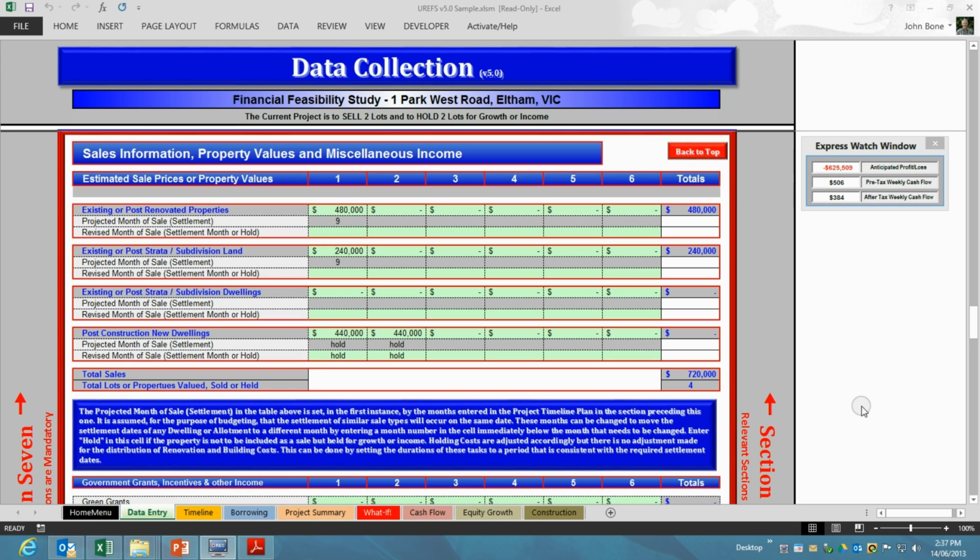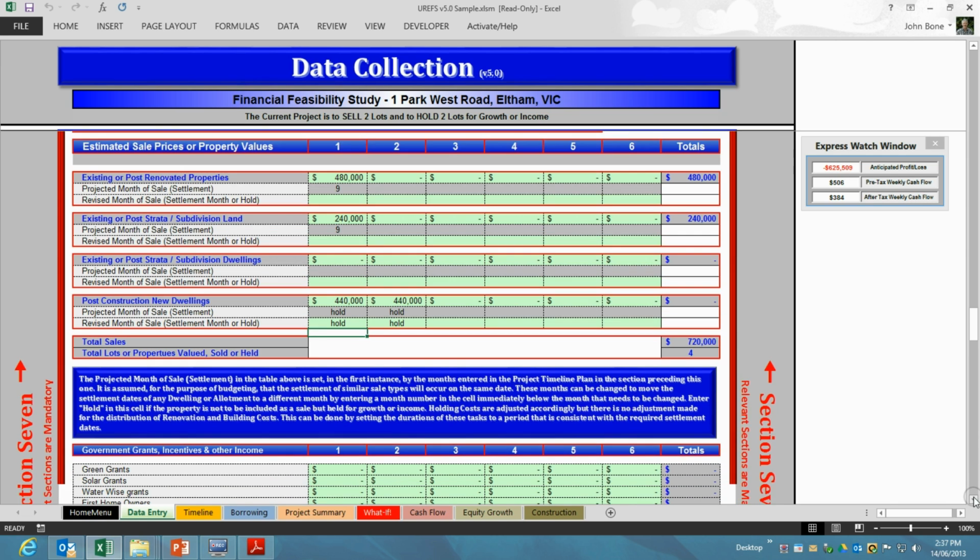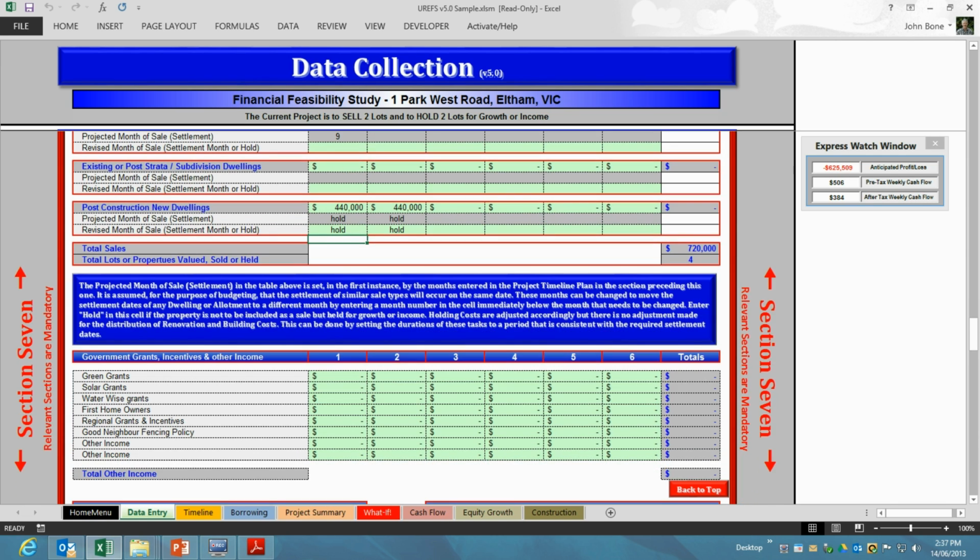In the second part there is provision for adding income that comes from other sources, such as government grants and government incentive schemes. The program treats all of this income as a one-off income event that occurs at the end of the project. In the last part, on the left-hand side of the screen, we have a simple checklist for